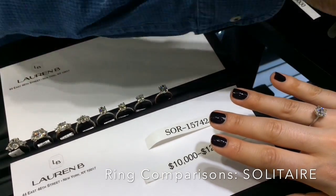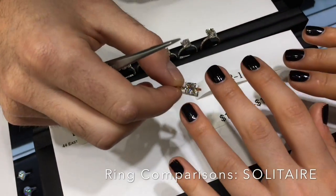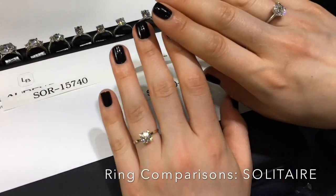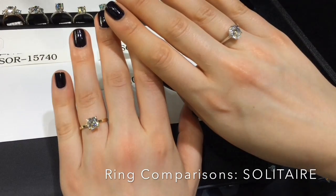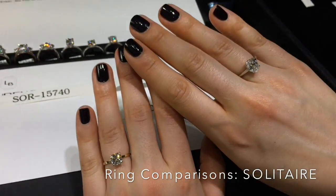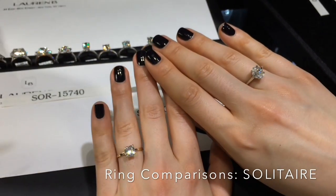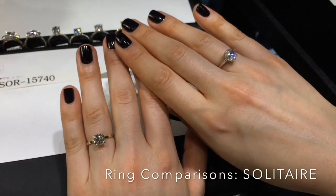Now, I'm going to bring two at a time for this one since it's just a solitaire. I'm going to bring out a solitaire cushion cut. This is a square cushion, again 1.5 carats, so they're actually the same size. Settings are completely different. This is a solitaire as well, but it's a yellow gold band. It's completely plain, there's no diamonds on it. And this is an H color, VS2 clarity. So you kind of see how we play with the factors here. For an oval diamond, we can go down in the clarity, and for a cushion cut, we like to keep a higher clarity. We can go down in the color a little bit, especially for this square cushion brilliant style